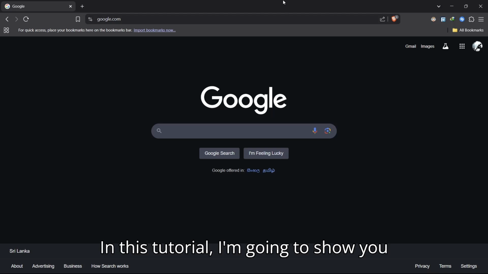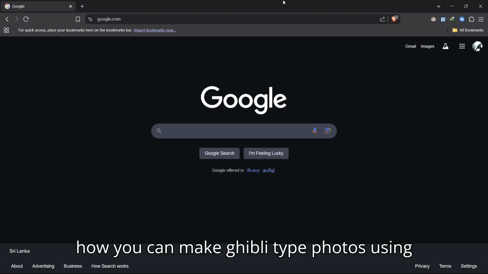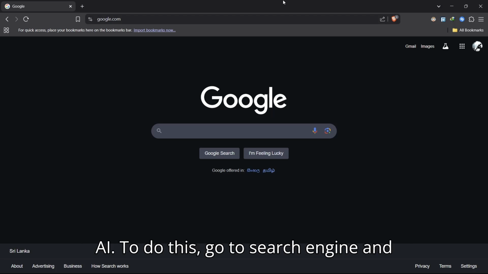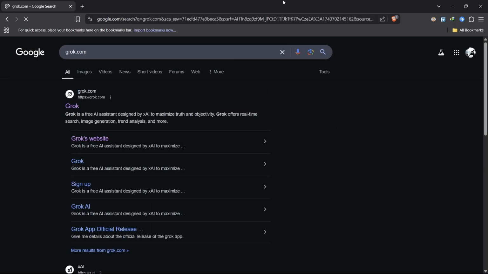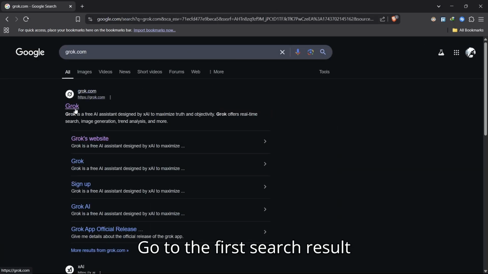In this tutorial, I'm going to show you how you can make Ghibli type photos using AI. To do this, go to search engine and type grok.com. Go to the first search result,